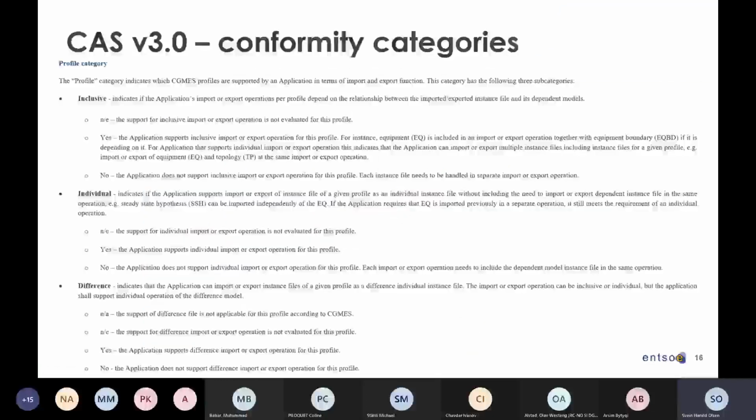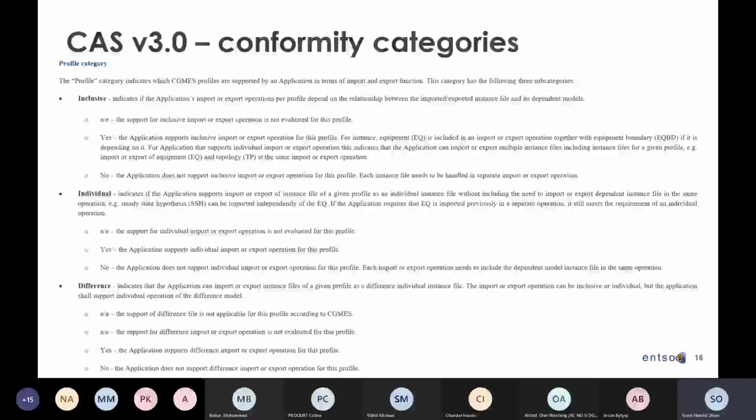If we then dig into inclusive, individual, and difference, we had quite a lot of discussion to get that clear, and we're trying to not say that there's only one way that you can do the CGMES compliance.